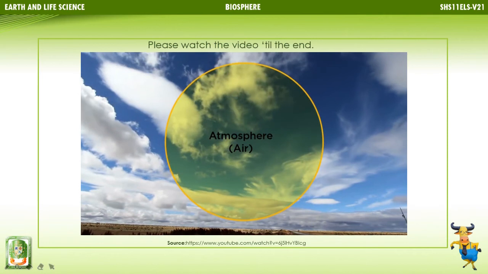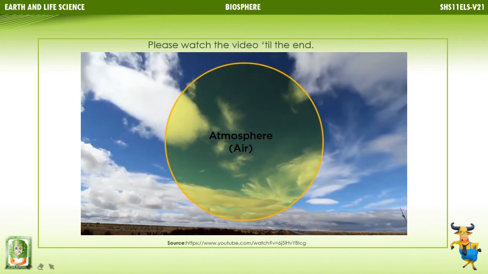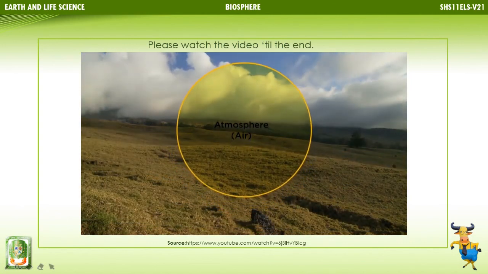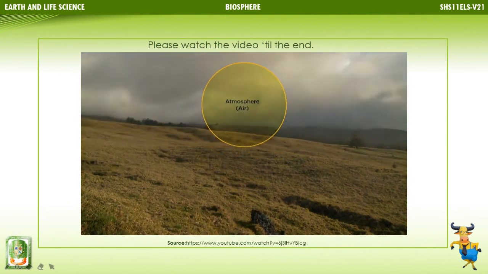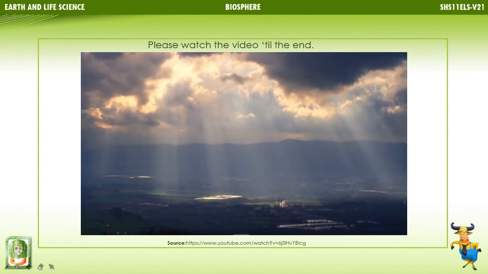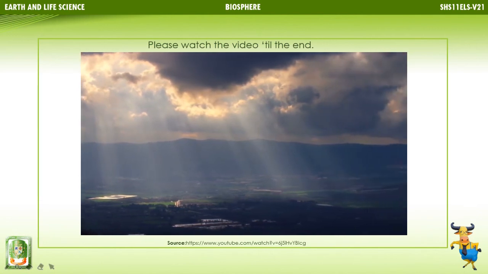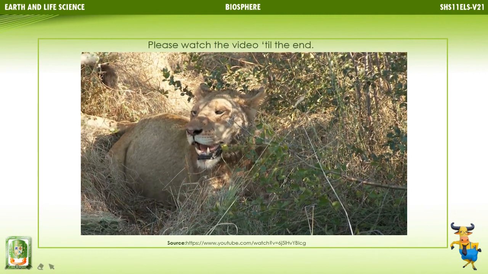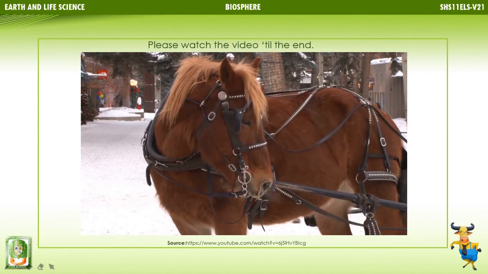Take a breath. You are breathing in air from our atmosphere. The atmosphere, from the Greek word atmos, meaning vapor, is a thin layer of gases surrounding the planet. The atmosphere serves many functions. It offers protection from UV radiation, helps hold in heat to warm the planet's surface, and contains the oxygen and carbon dioxide required for animal and plant life.